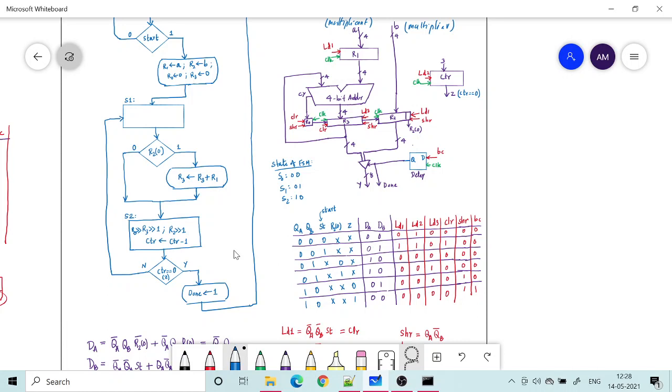Another thing I have to do is that after one shifting is done, there is a counter also in the data path, which I did not mention earlier. That counter is initialized with 3. So after doing the shifting, I decrease the count. That is also scheduled. But before the counter is decreased, I am checking whether it is 0 or not. Right now it is 3, so it is not 0, so no is the answer. So I go back to the S1 state, where I again do conditional adding.